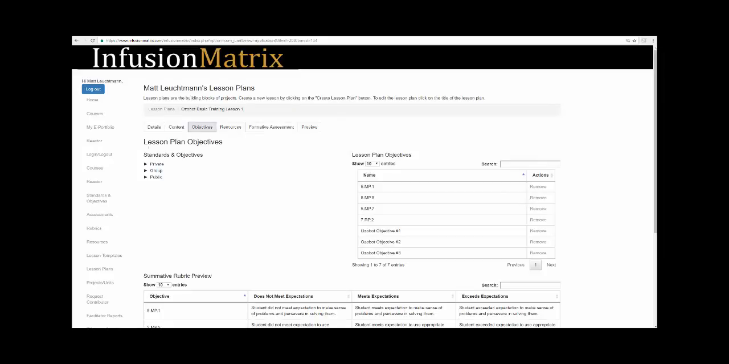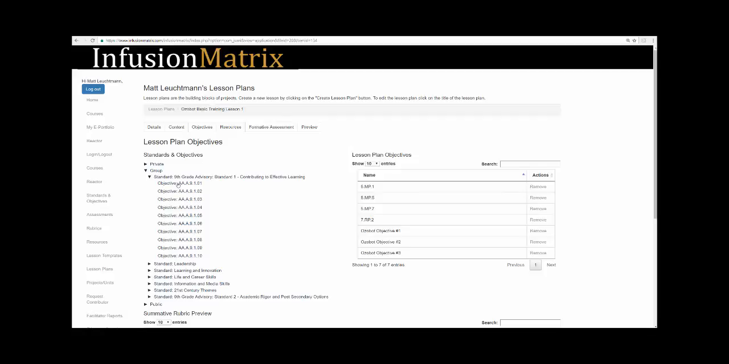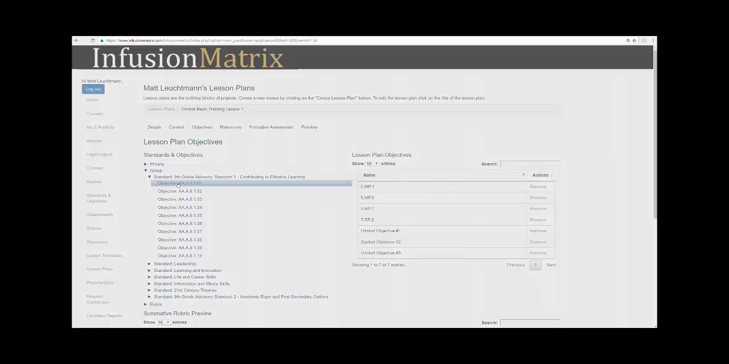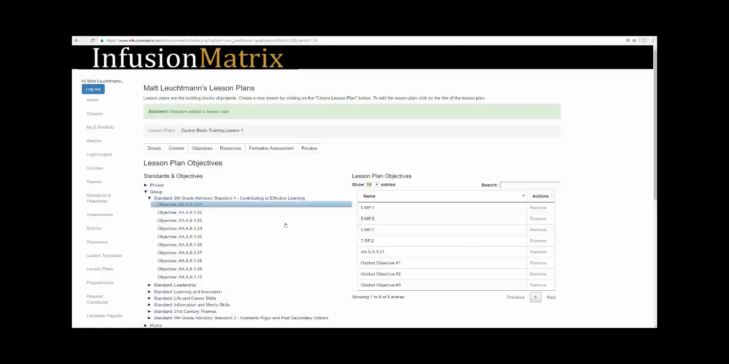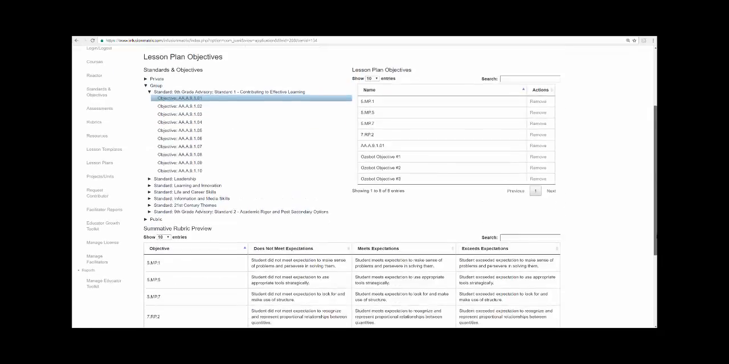You can also go to objectives. We can take a look at the objectives that are available. We'll go ahead and take a look at some group objectives. As you can see, once you add the objectives, the lesson plan objectives that you selected, I could select any of these. I'll go ahead and select that one just to show you. Once you select the objective, it populates,